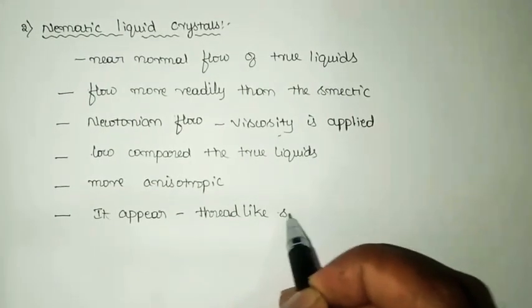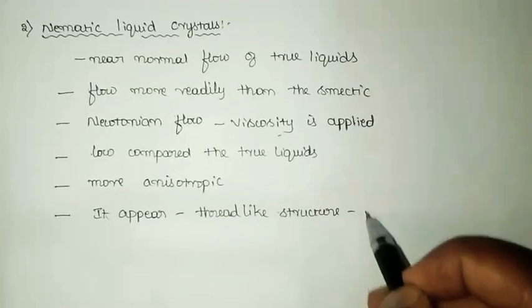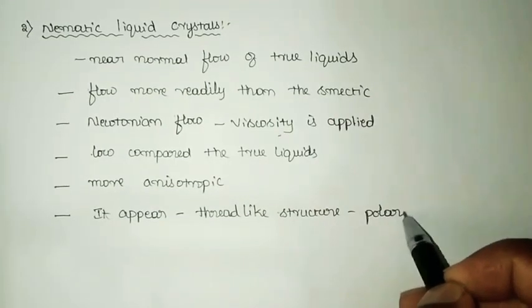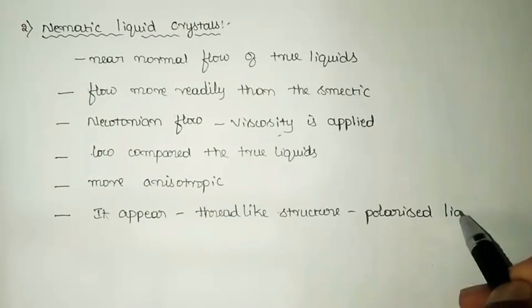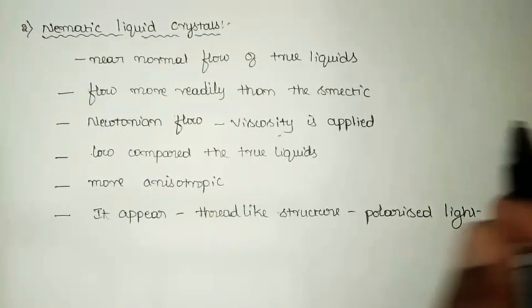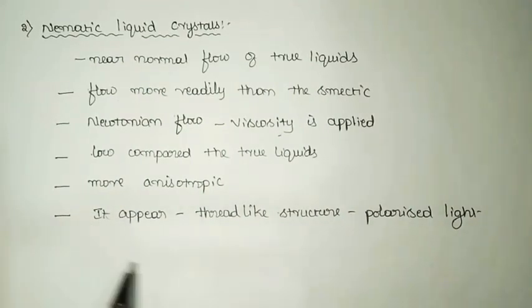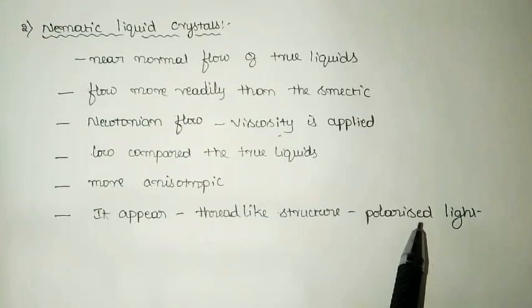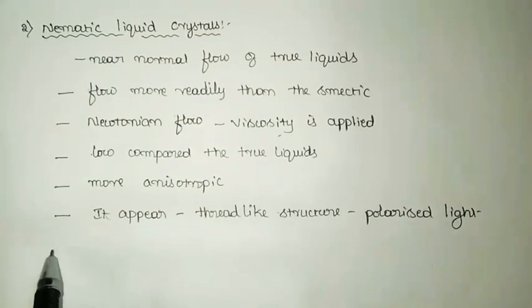Thread-like structure when viewed through polarized light. So this is one simple difference we can say between smectic liquid crystals and nematic liquid crystals. That is, the smectic liquid crystals have a fan-like structure in polarized light, and nematic liquid crystals appear to have a thread-like structure when viewed through polarized light. And we said the smectic liquid crystals do not